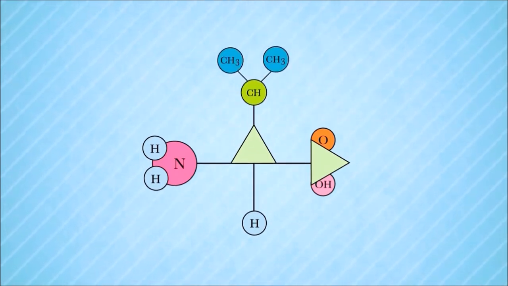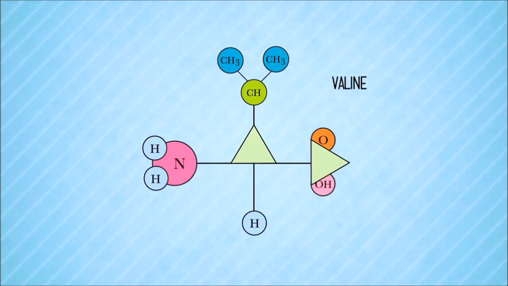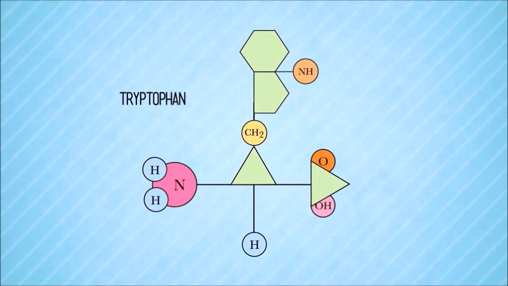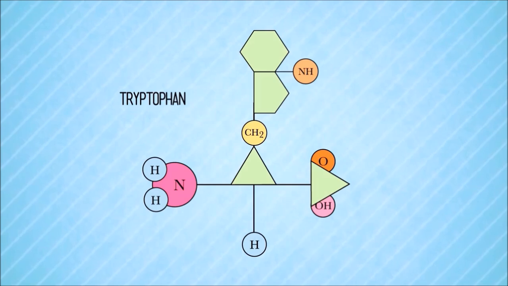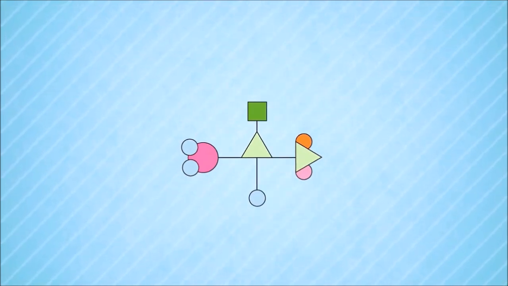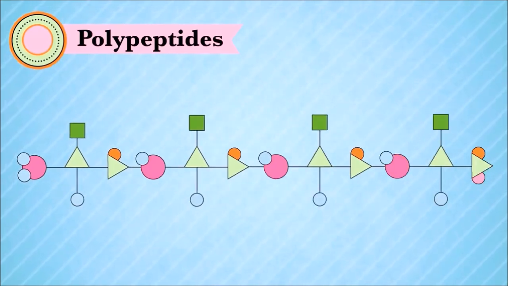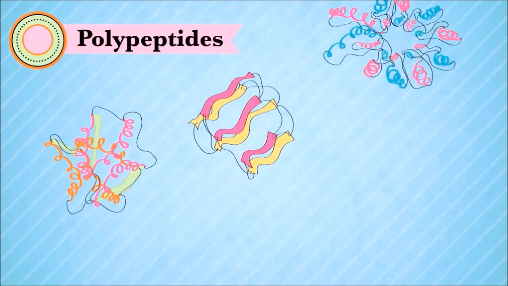So if you put this in there, you get valine, which is an amino acid that does a lot of stuff like protecting and building muscle tissue. And if you put this in there, you get tryptophan, which may be best known for its role in helping you regulate mood and energy levels. Amino acids form long chains called polypeptides. Proteins are formed when these polypeptides not only connect, but elaborate in, frankly, really elegant structures.